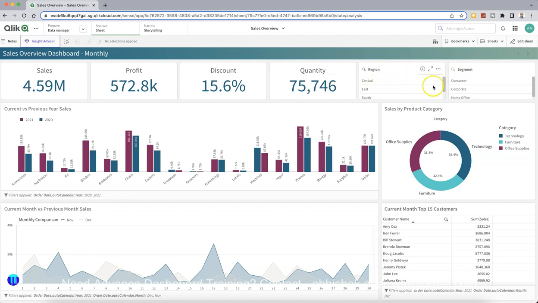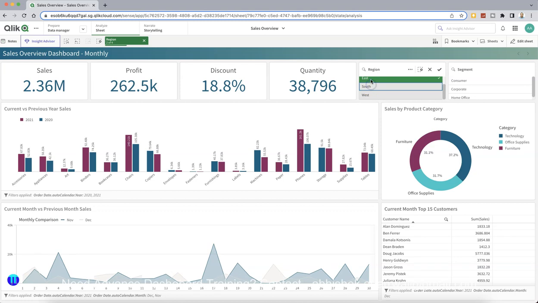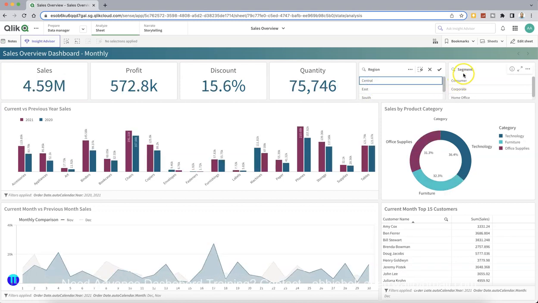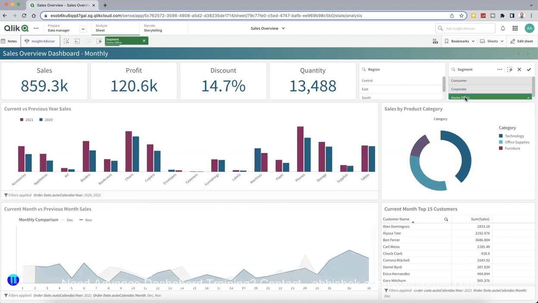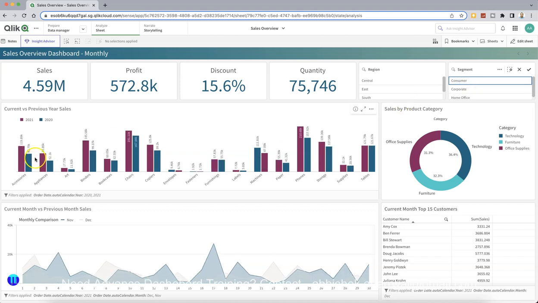And then we have some filters over here, at the highest level, where we can filter by region, like central region, east region, south region, right? Those types of things we can do, and everything will change. And the customer segment, whether it is a corporate customer, a home office customer, or a general consumer. Based on this selection, what we are showing is the current year versus previous year calculation, which is 2020 versus 2021, right? And then down below, this is a monthly comparison for the current month versus previous month sales,